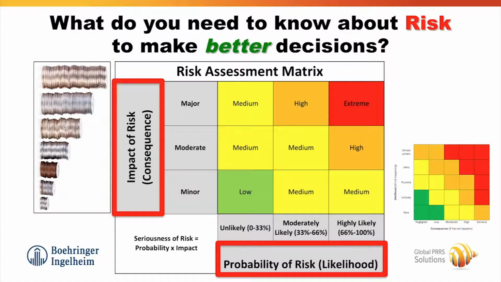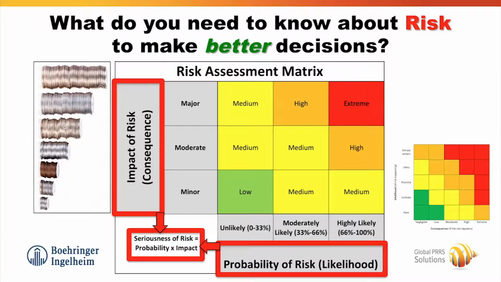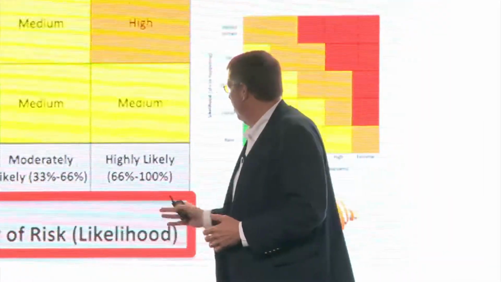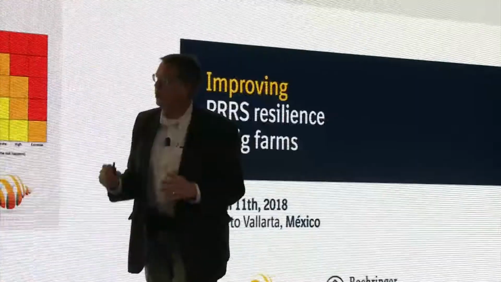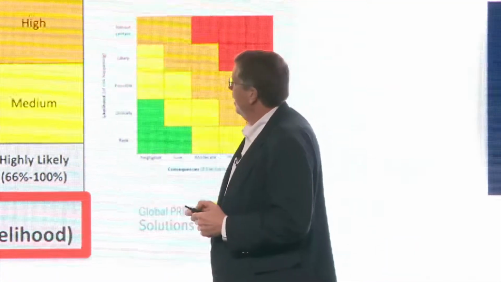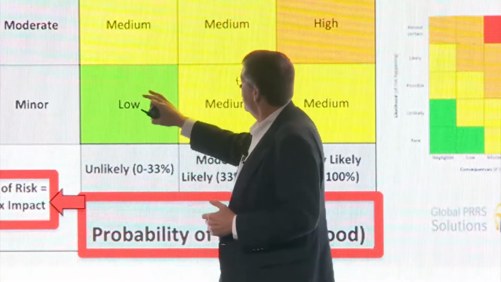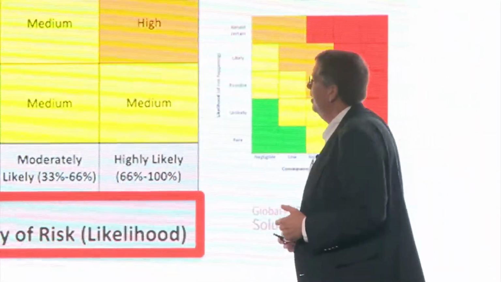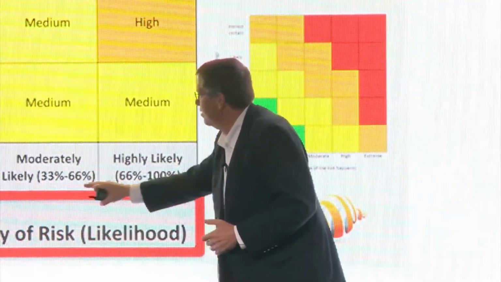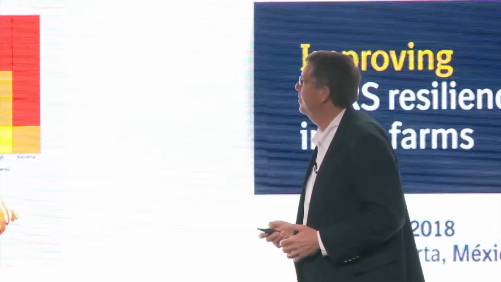The one that's not as clear is what's the probability of risk? What's the likelihood of experiencing the consequence of this risk if we face it? But the combination of those two factors, the consequence or impact and the probability or likelihood of the risk, combine into how serious is that risk. So it's the probability times the impact. And so the combination of that, represented by seriousness, could be low, medium, high, or extremely high. This is the key part of this matrix that we need to understand better. What's the probability or the likelihood of the risks that we face?